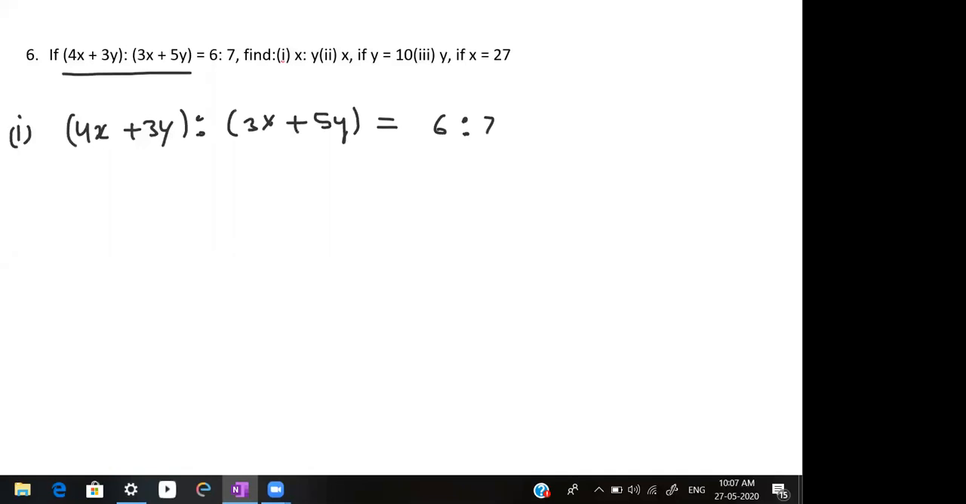And how are you going to do that? First of all, these are given in a ratio form. You can write it in fractional form. So 4x plus 3y upon 3x plus 5y